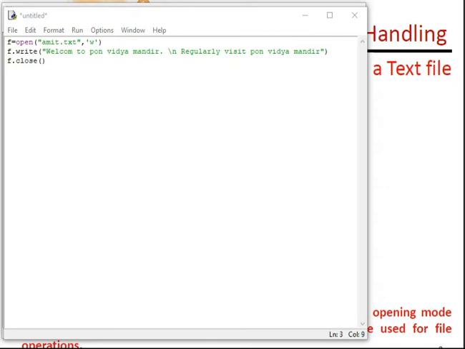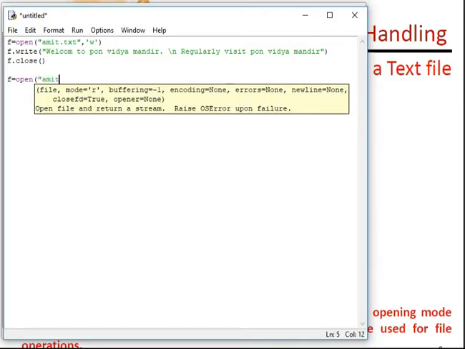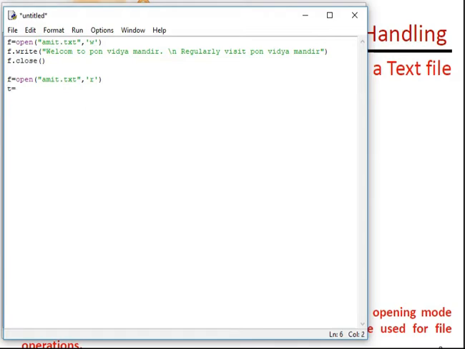To check the contents of the file, let's read the file. So again I will make the same variable f is equal to open file .txt. I need to mention the extension of the file also. I need to mention the mode. Now I am using read mode. Using t is equal to identifier, so that whatever it reads it will store in a variable. So I will use f.read.